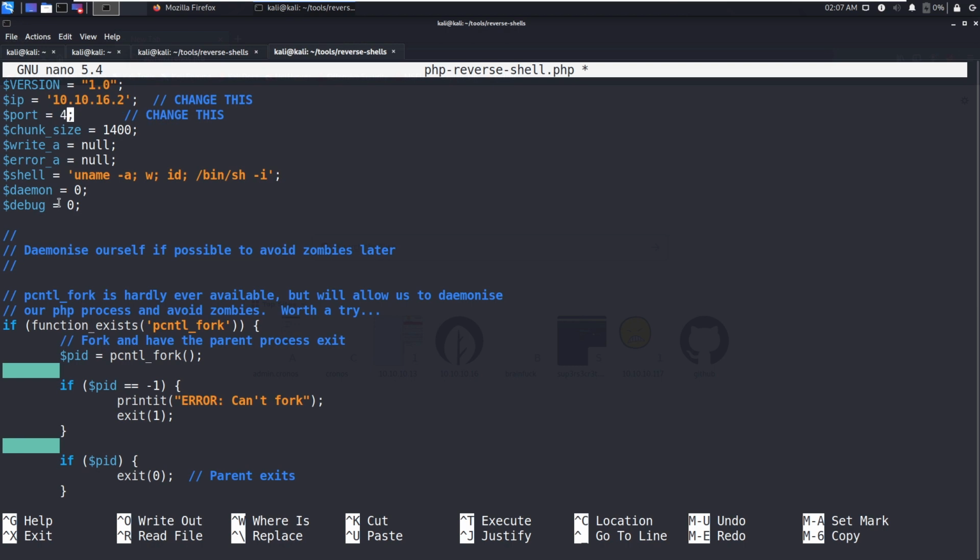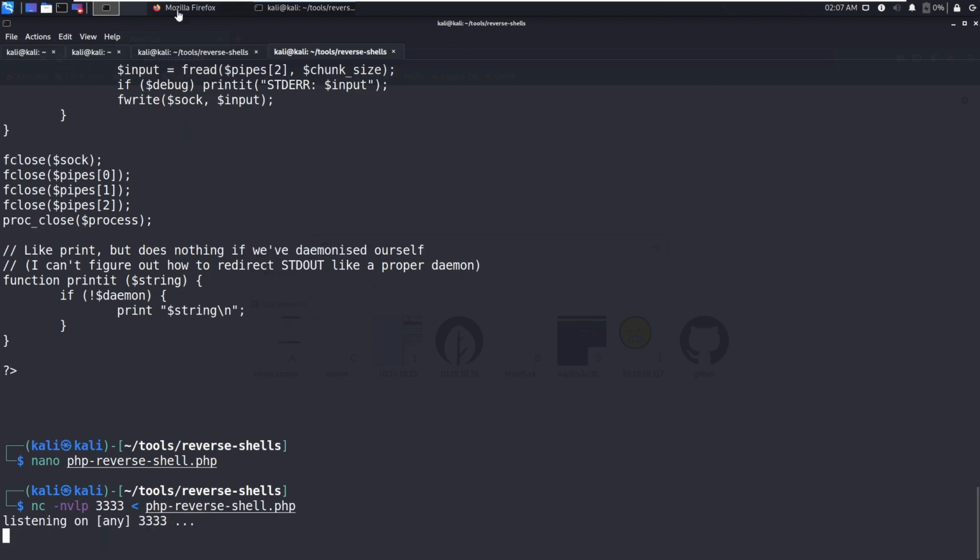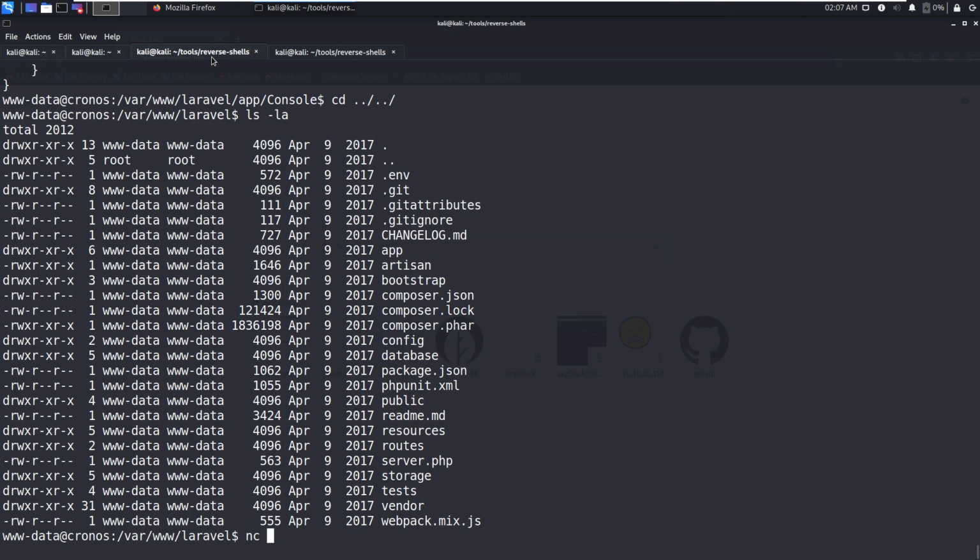Let's say the port 4444. Okay, we have nc connecting to the Kali machine on port 3333, and upon connecting you get the file, the PHP reverse shell, and save that to artisan.